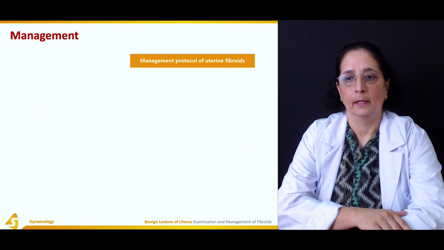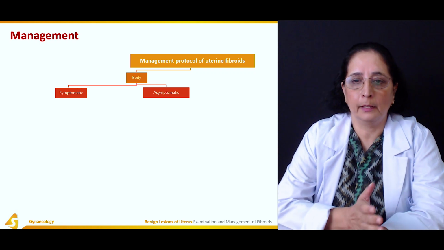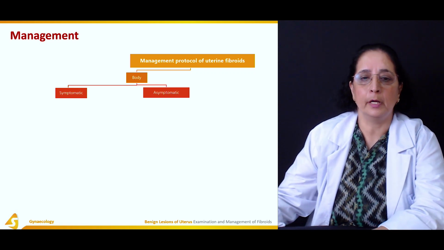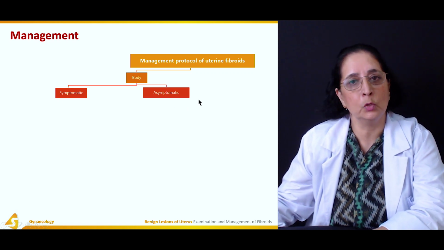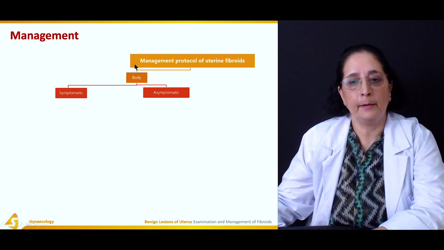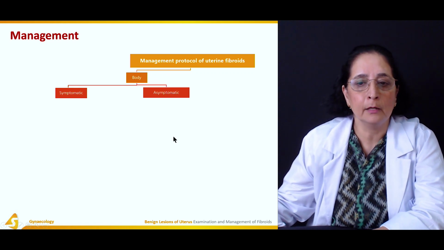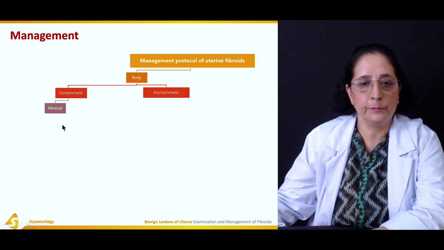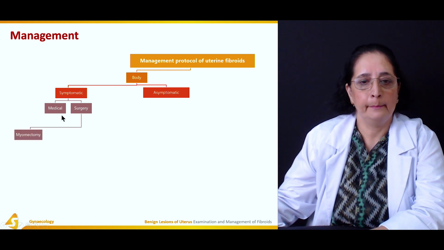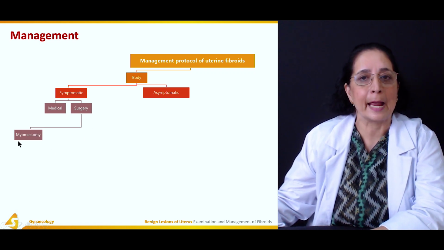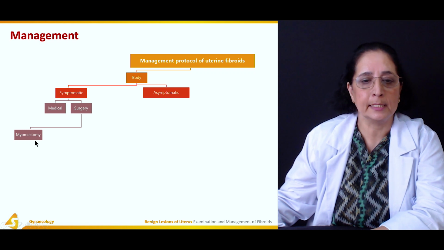Management of uterine fibroid, if they are present in the body, if they are symptomatic or asymptomatic. Asymptomatic means no symptoms present. The fibroids present in the body of the uterus are also known as corporeal fibroids. If they are symptomatic, treatment can be medical or surgical. Surgical is myomectomy. Myo is muscle, ectomy is removal, myomectomy,